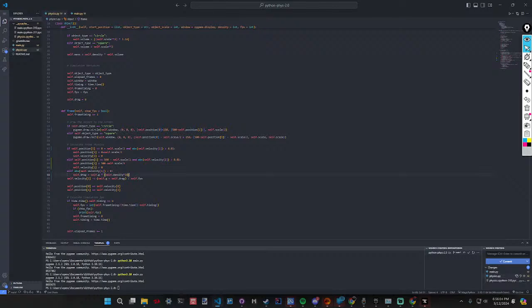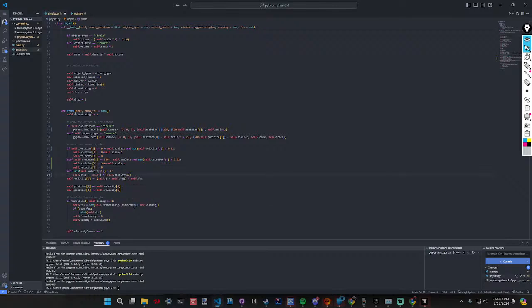So then, I know the order of operations doesn't matter, but we have self.density times 10, so then we would have 1, and then that's... oh wait, no, this needs to be minus drag, and then this needs to be negative self.g.